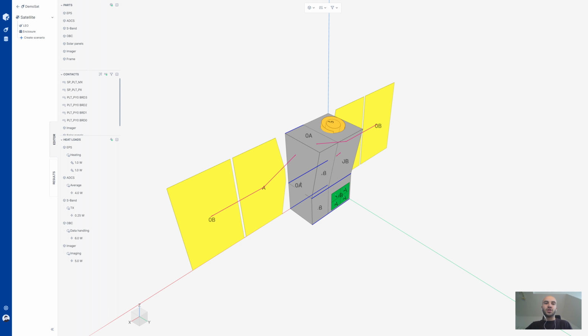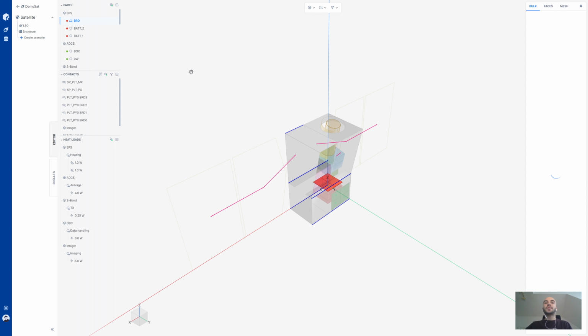If I click on one geometry, a panel appears in the right side with the properties of the geometry. So then I can tweak the material, the position, the orientation, the dimensions, and so forth. I can also set a surface treatment for each of the faces. If it's a shell, it will have two faces, but if it's a solid, it will just have one. And finally, I can tweak also the mesh parameters with the number of nodes along each dimension and also the